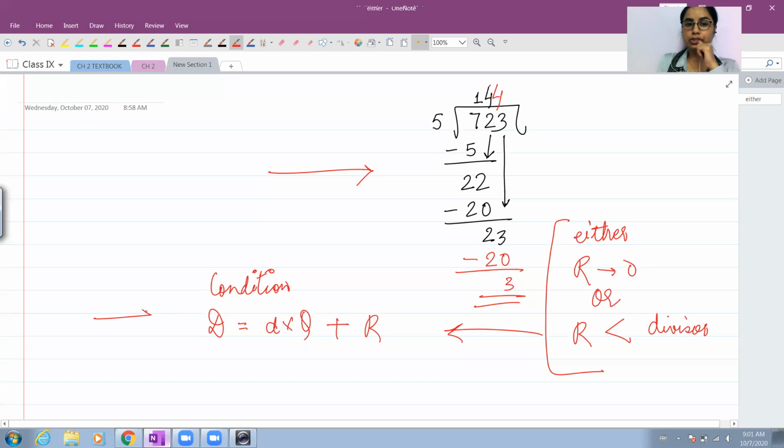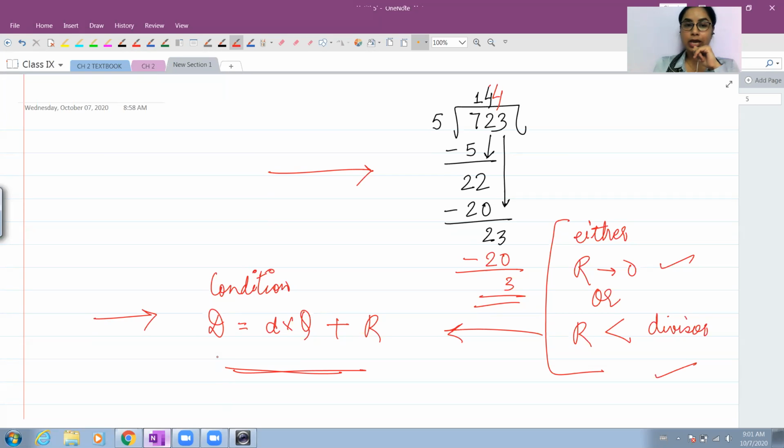ये आपका जो डिविजन चेकिंग वाला रूल होता है, ये वेरीफाई होना चाहिए. ये भी वेरीफाई होना चाहिए और उसके साथ आपके पास रिमाइंडर पे ये कंडीशन अप्लाइड है. Like whenever you see some advertisements जिसमें offers होती हैं, they always say conditions apply. So the rule that follows every division follows this rule, that the dividend is equal to divisor multiplied by quotient